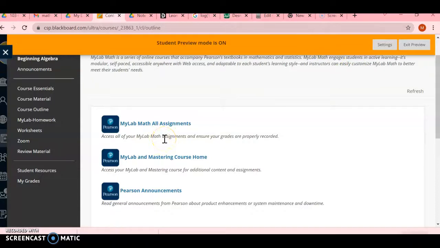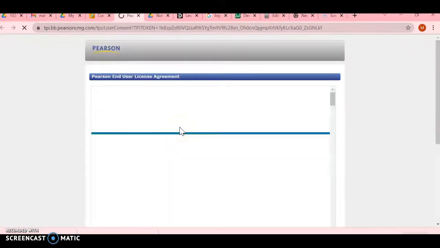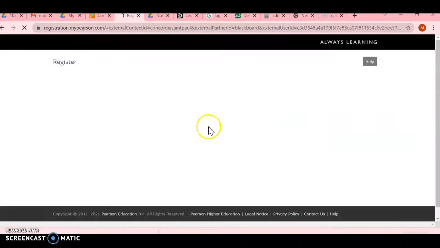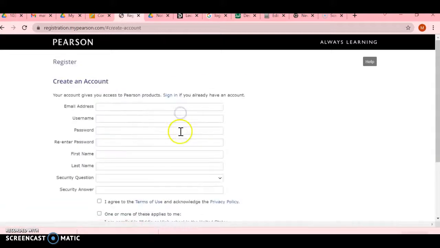If you haven't bought a code yet, you'll need to buy a code from the bookstore and add the code eventually. But whenever you're signing up right now, let's see, you can do a temporary access. So let's say you need to create an account,